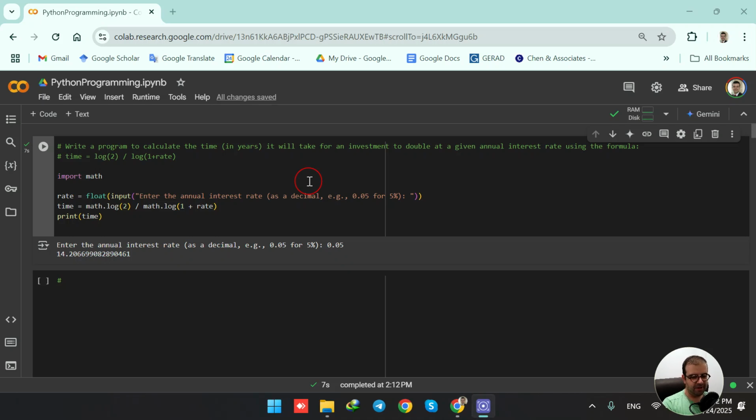Hello everyone, welcome back. In this video, we would like to write a program to calculate the time in years it will take for an investment to double at a given annual interest rate using the following formula. So this is the formula, and we are having the logarithm 2 divided by logarithm 1 plus rate. And it is going to be assigned to a variable called time, and we are going to print time in